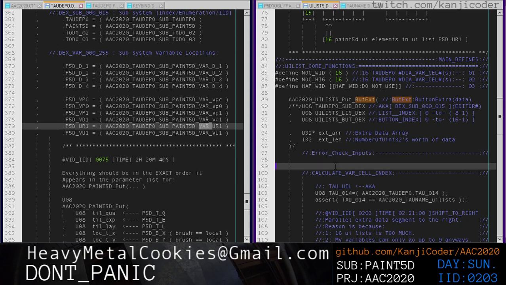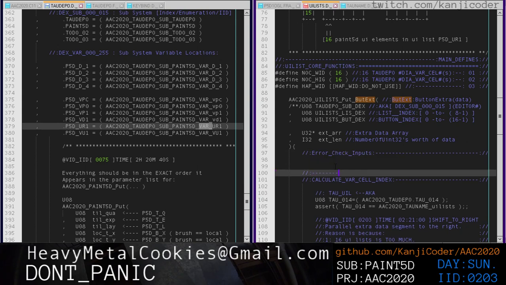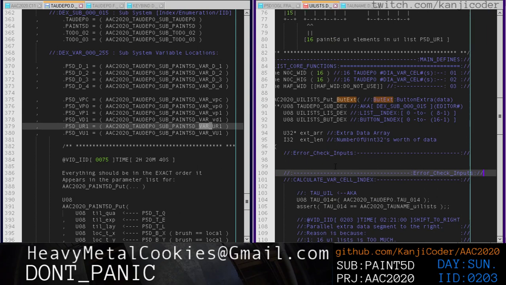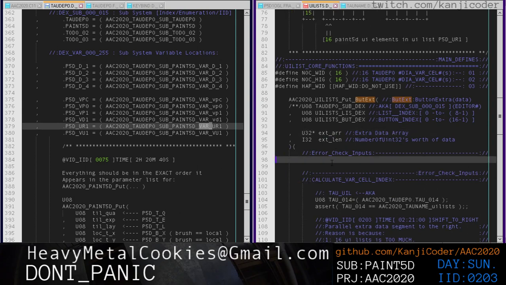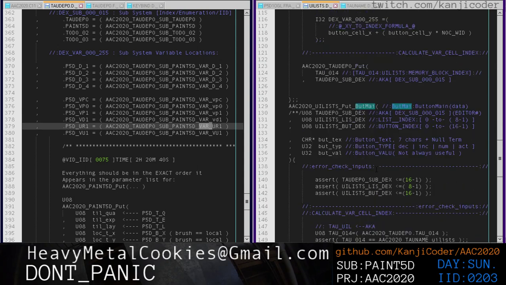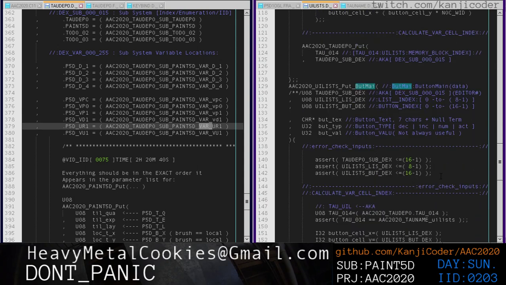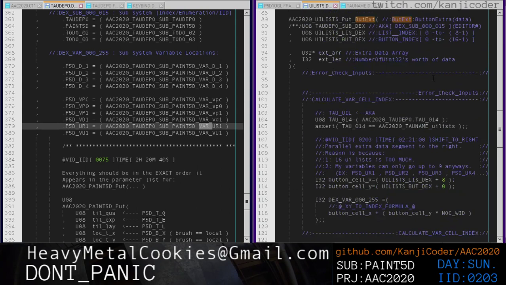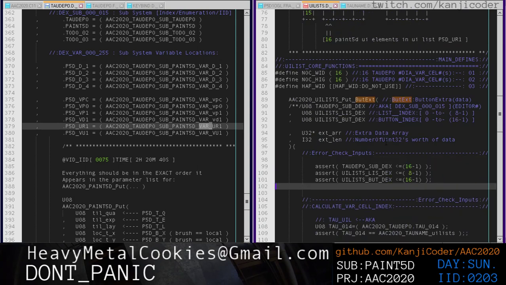We're just going to say that it's going to work like a calloc, where the easiest way to do it is, if there's extra room in here, we'll just zero fill it. So let's take the original inputs and the original error checks, because those are still good. All right, so subdex, Uilists, listdex, button index, and then